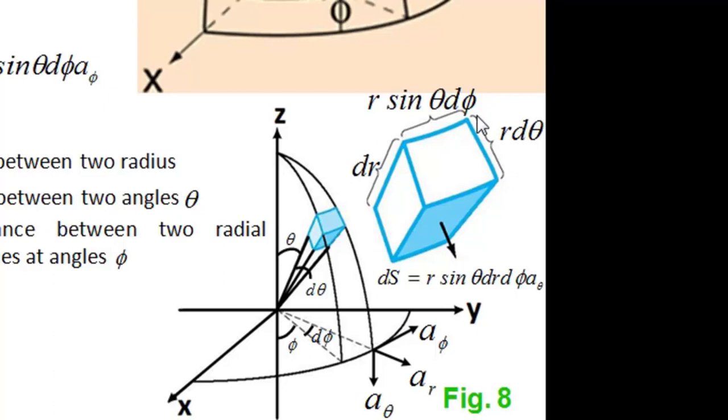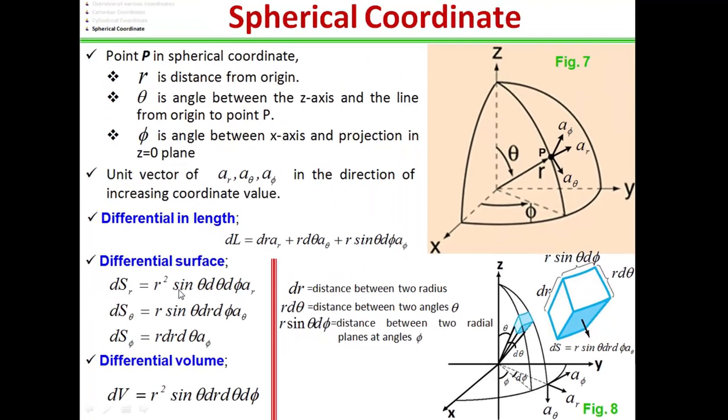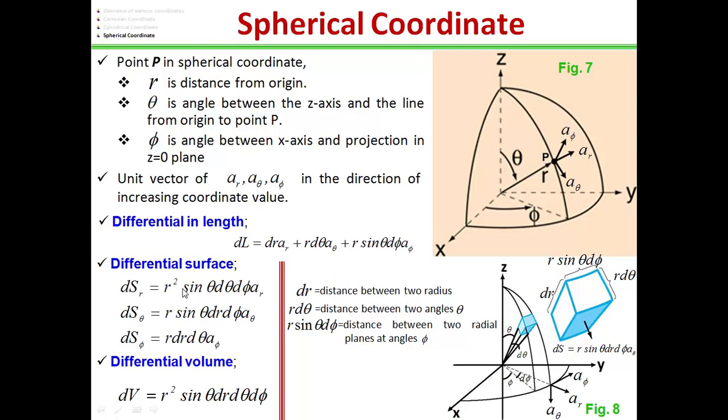This is the length for the calculation of ds r. For this, we know the change in the theta direction is r d theta and the change in the phi direction is r sin theta d phi. So multiplying r sin theta d phi with r d theta, we find r square sin theta d theta d phi